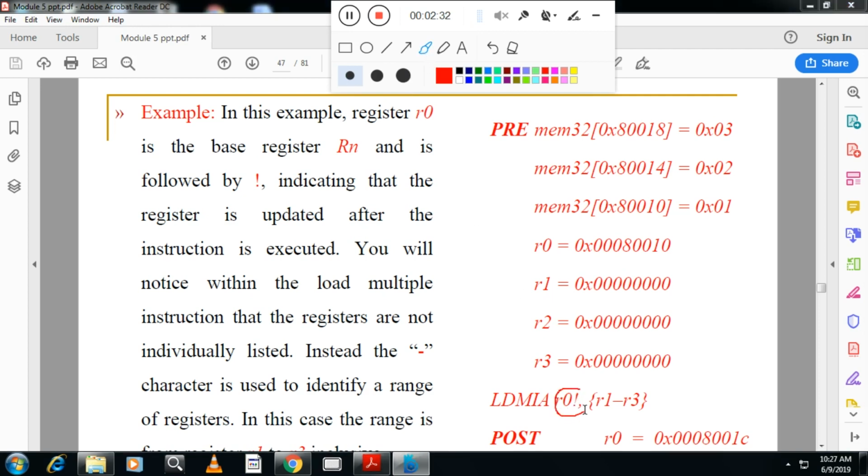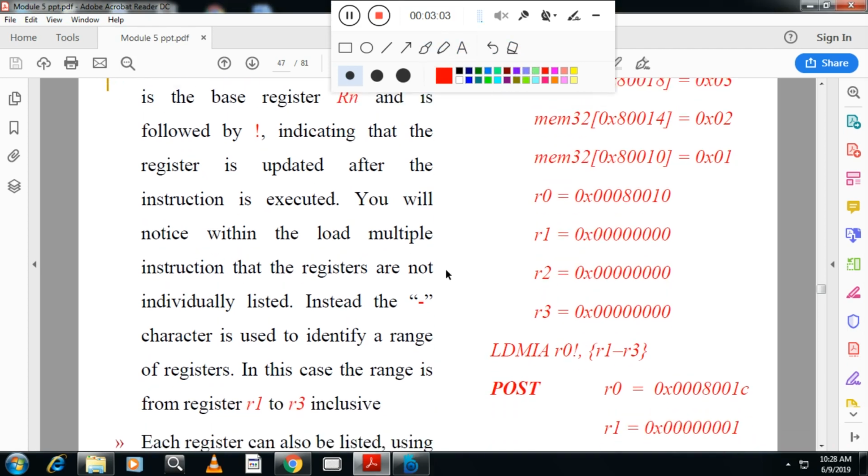This is to be updated, followed by an exclamation mark indicating that the register is updated after the instruction is executed. And in multiple register, you can see registers are not individually listed. R1 to R3 contains R1, R2 and R3. In between you are using the hyphen character to represent the range, you can see. Fine.